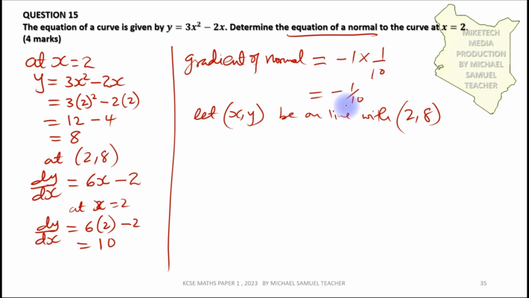And the gradient of the normal is minus 1 over 10. Therefore, the equation will be given by change in y over change in x equal to this value. So (y minus 8) all over (x minus 2) will be equal to minus 1 over 10. Cross multiply, we shall have